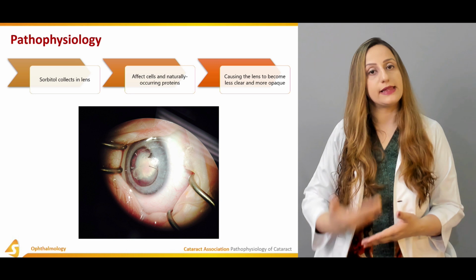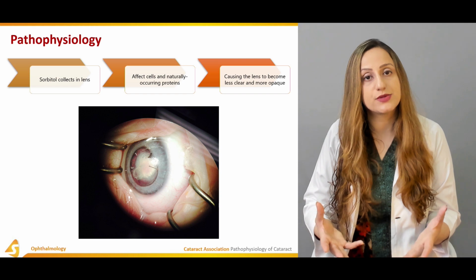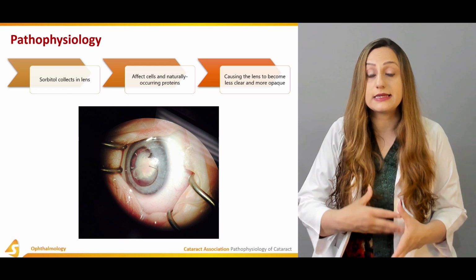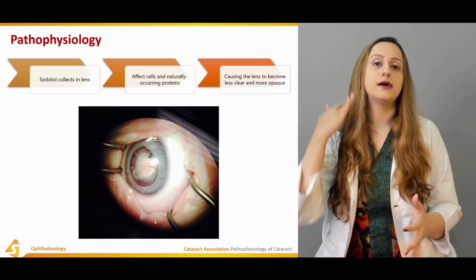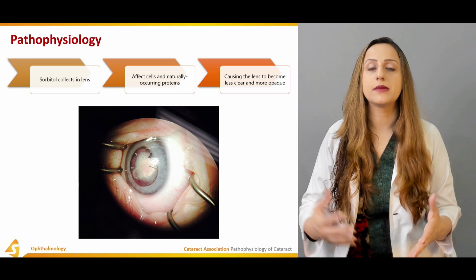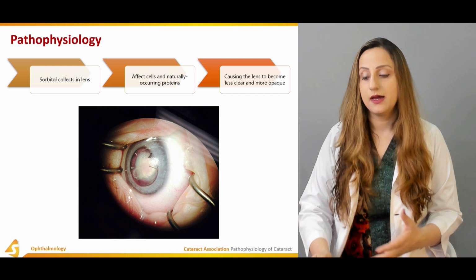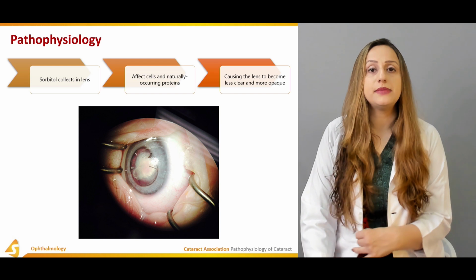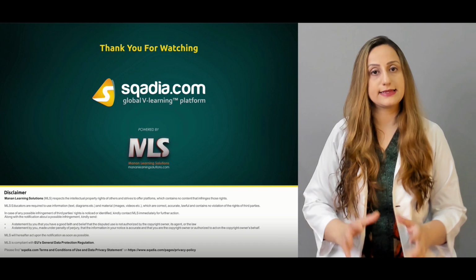The opacity of the lens is causing all of the problems: the blurring of the vision, the scattering of the light rays, and not the formation of a distinct image on the retina. So this is the whole pathological cycle. It is a vicious cycle that can start off with any condition that can basically activate these underlying metabolic pathways, ranging from glycolysis, the polyol pathways, or the HMP shunt as well at this level.